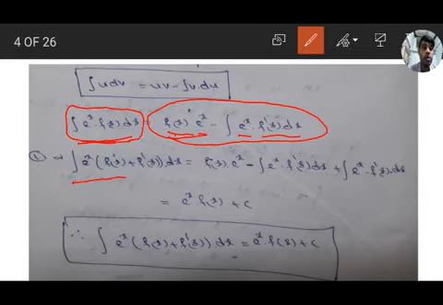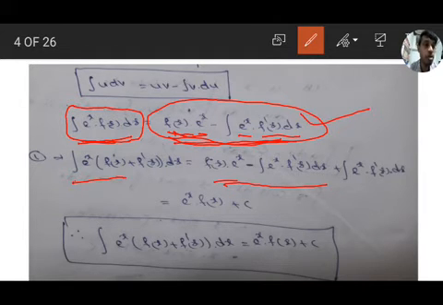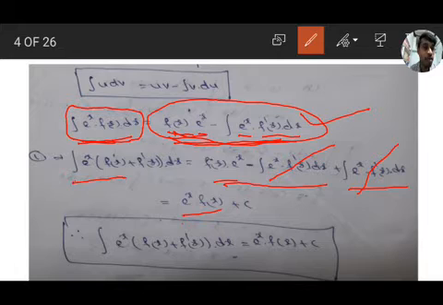Substituting in the first integral place, we get integration e to the power of x into f of x plus f dash x dx equal to f of x into e to the power of x minus integration e to the power of x into f dash x. Substitute this total value in the first integral. The second integration is as it is in the first equation, integration e to the power of x into f dash x dx. This is minus integration, that is plus integration, same, so it is cancelled out. We get only e to the power of x into f of x.